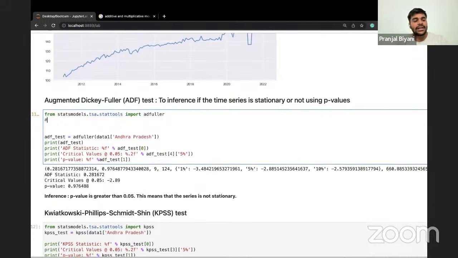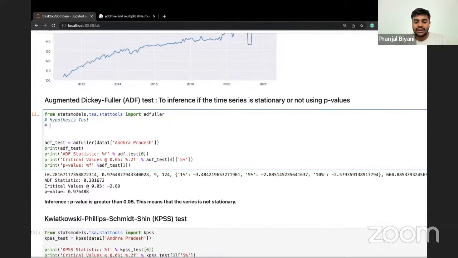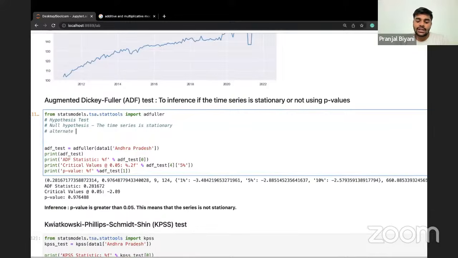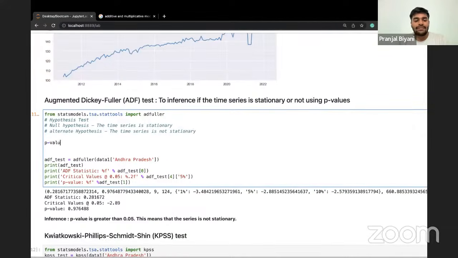The augmented Dickey-Fuller test is a hypothesis test where the null hypothesis is that the time series is not stationary, and the alternate hypothesis is that the time series is stationary. So if your p-value is less than 0.05, that means you have a 95% confidence